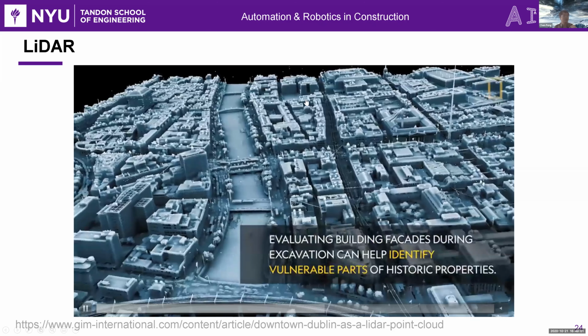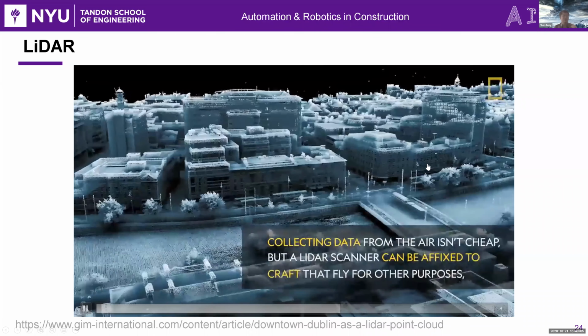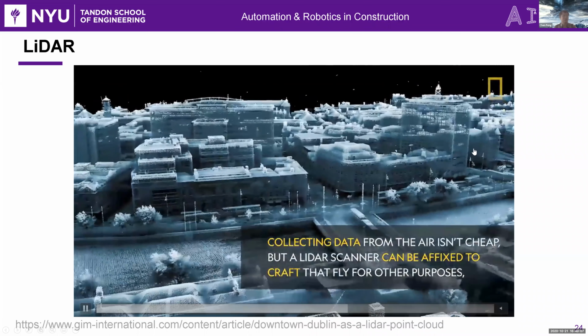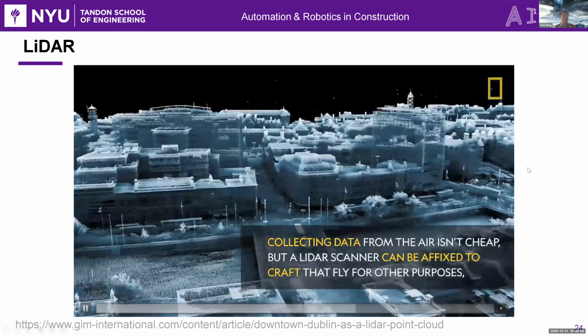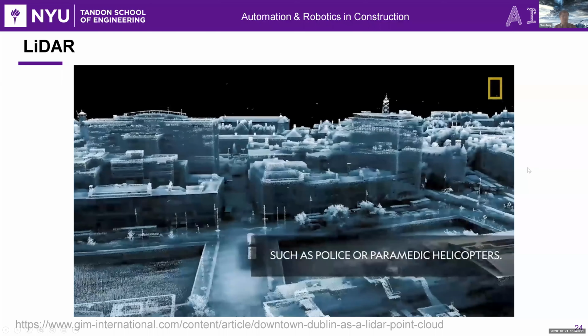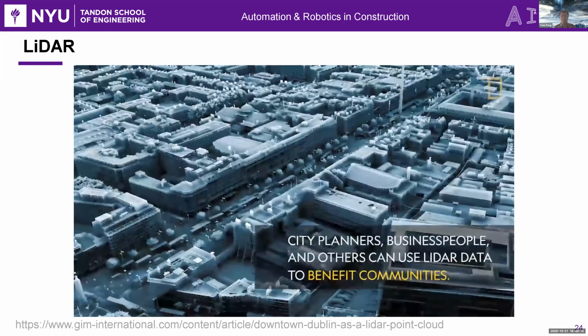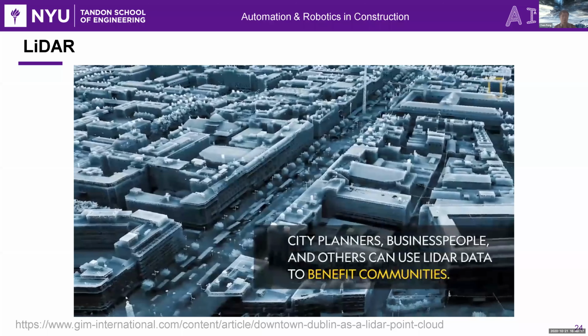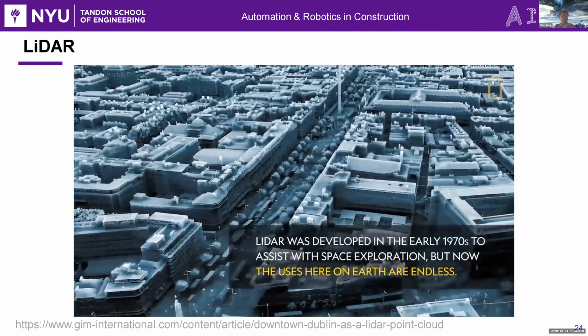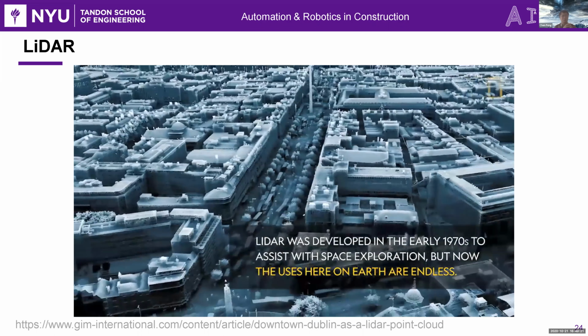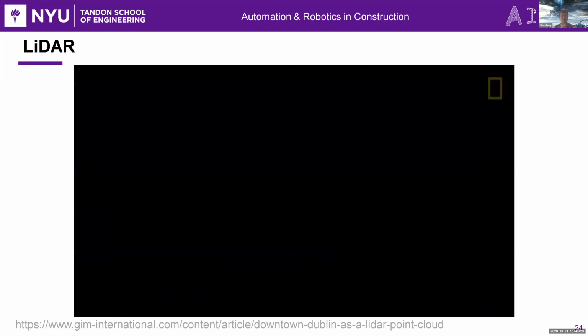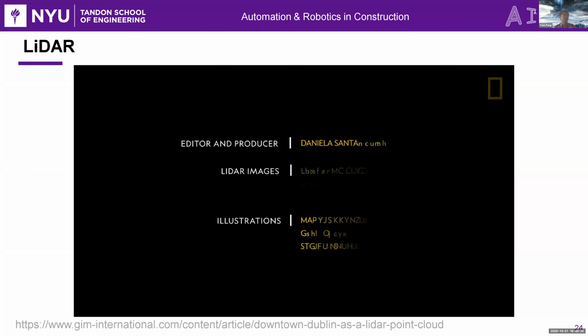But imagine using this technology for a construction site, you immediately get very detailed information, shape information, progress information of the job site. And especially if you're doing linear construction, like road construction, tunnels, and so on and so forth, this will also be useful. And you don't need the helicopter now, you can put it on a drone.